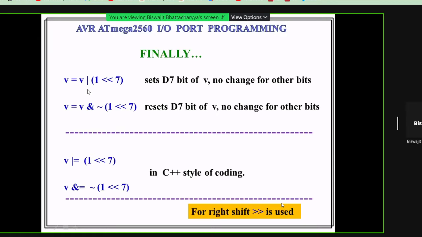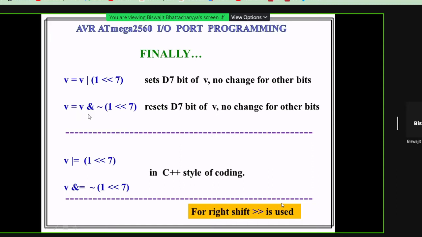They will be the same. If we use C++ style of programming, then we need not write V again. It will be V or equal to, the same thing: V equal to V or 1 less than 7. If we want to reset the bit, what will it be?